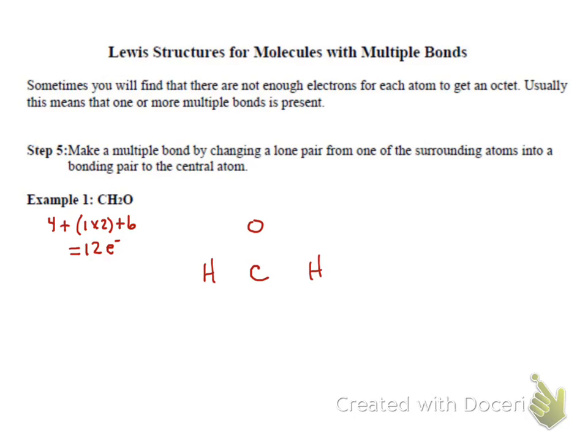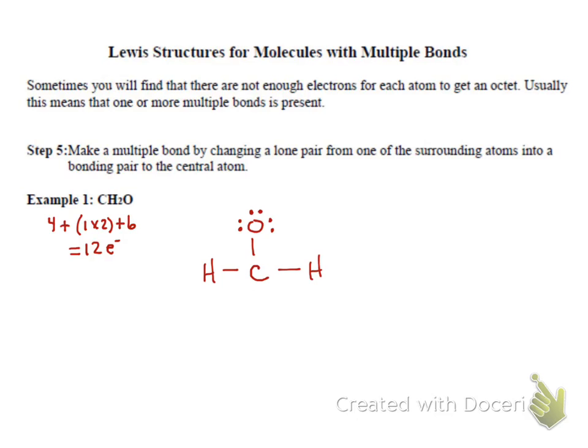Okay, so now we're going to draw some structures that have multiple bonds, double or triple bonds. First step is the same. Figure out what goes in the middle. In this case, for CH2O, carbon's going to go in the middle. And we've got 12 valence electrons to work with. And then